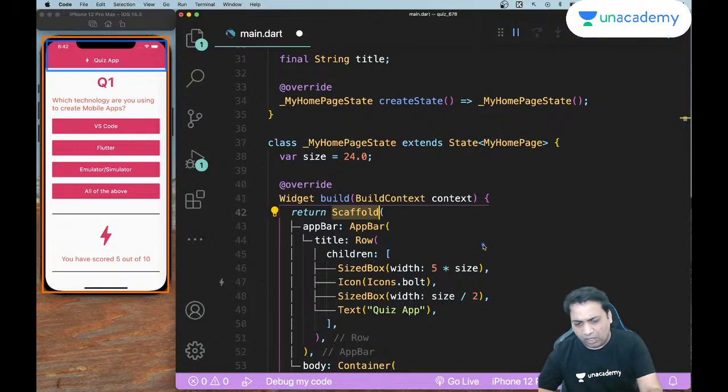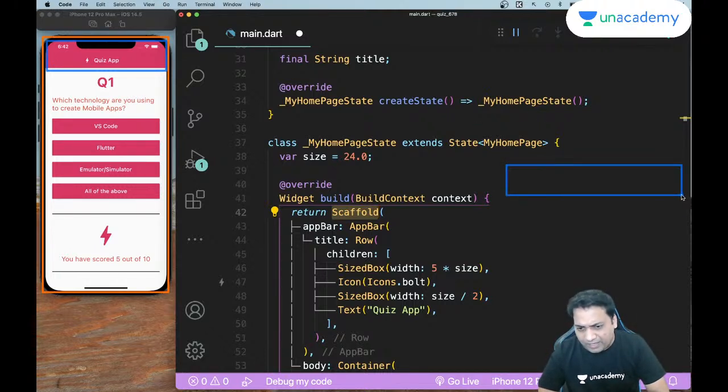We have taken a row, which means this space basically has been divided into 4 parts. Do you see this? This has 4 children. There is sized box, icon, sized box, text. So what we have done is that we have divided this into 4 parts like this. Yeah, we have taken a row which has been divided like this. In the first part, we have put